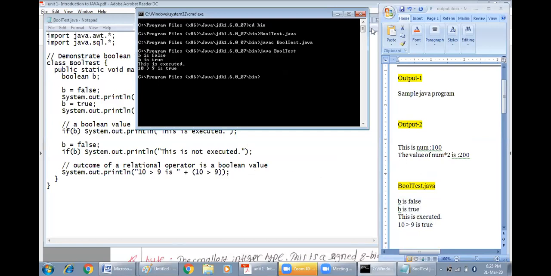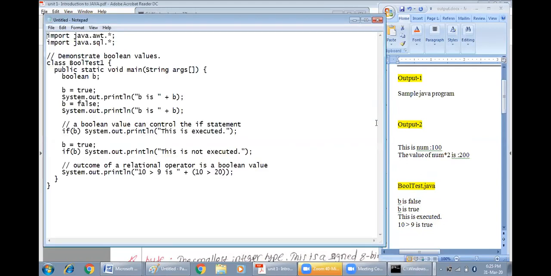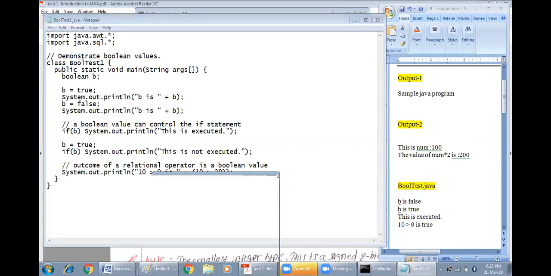Now for better explanation purposes, I'll take one more example program for the same boolean data type, boolean test1.java. This is another modified program which I have taken. I think I had told all of you to keep pen and book with you. Just trace this program and try writing 4 lines of output, and you can send the output back to me in the chat session here.